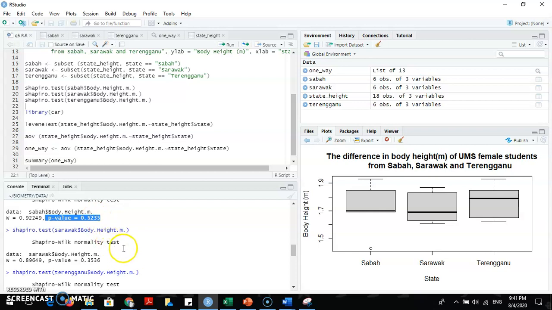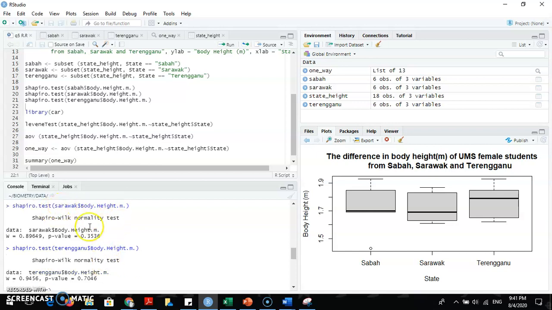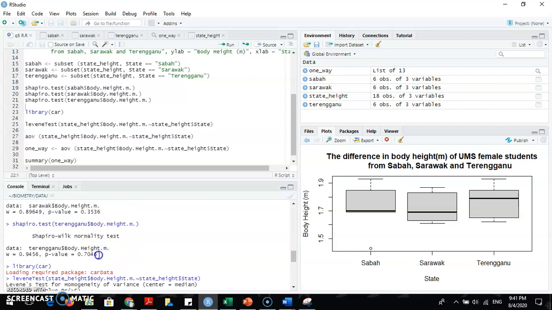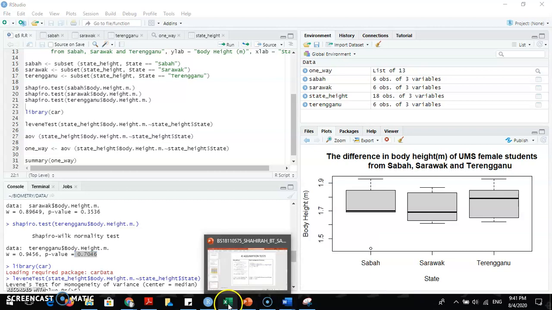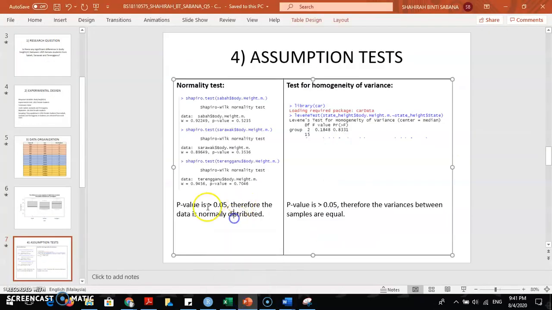For Sabah it is 0.5235, for Sarawak it is 0.3536, and for Terengganu it is 0.7046. Therefore, the p-value is larger than 0.05. So we can say that we accept the null hypothesis, which stated that the data for this experiment is normally